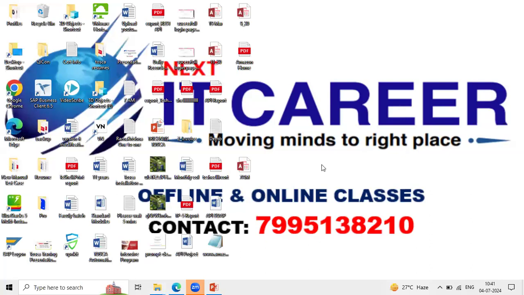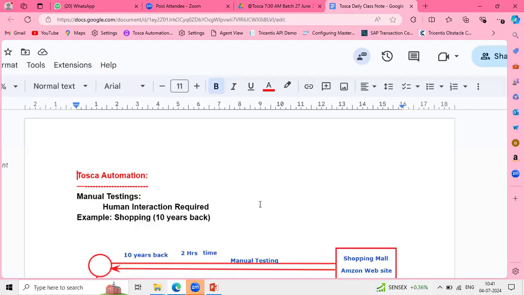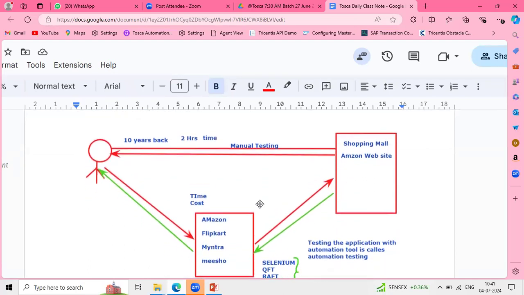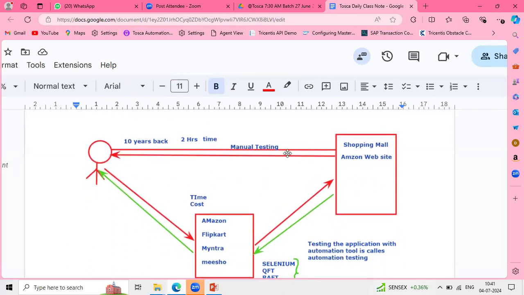Okay. I think one or two people came from a non-IT background, and they may not know automation testing. I just want to give a one-line statement to understand what exactly manual testing and what exactly automation testing are. I do have a document for that. So team, I just wrote this example to make it easy to understand.